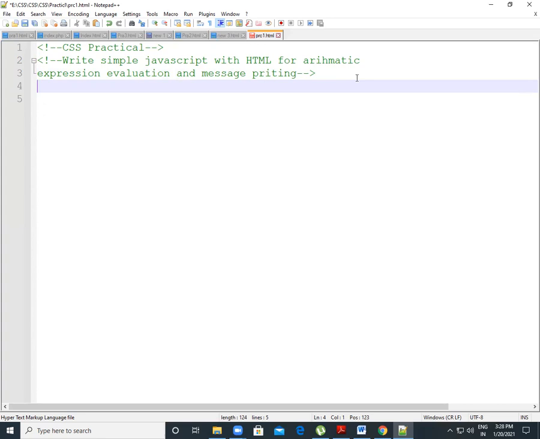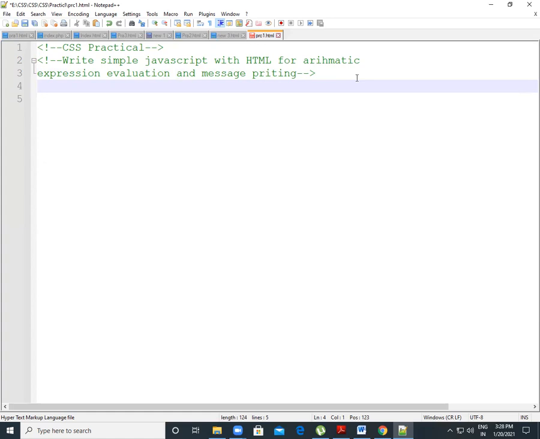We store the result, because whatever arithmetic expression you want, addition, subtraction, you can apply it to the two numbers and store the result in a variable. So we write result equal to first number times second number, correct?